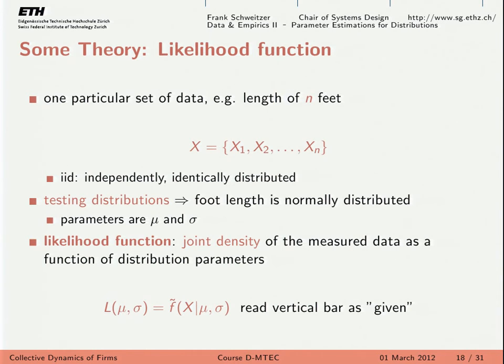So, and now we would like to discuss how we get our parameters mu and sigma for the foot lengths. And our distribution is assumed to be a normal distribution. That is not clear. I mentioned to you there is a related problem where we test the distribution. Is it a normal distribution? Now we assume it's a normal distribution, and then we calculate the mu and the sigma, and then we go and test